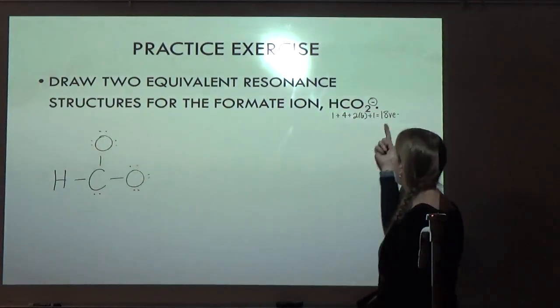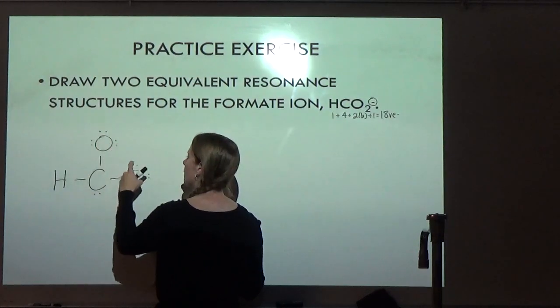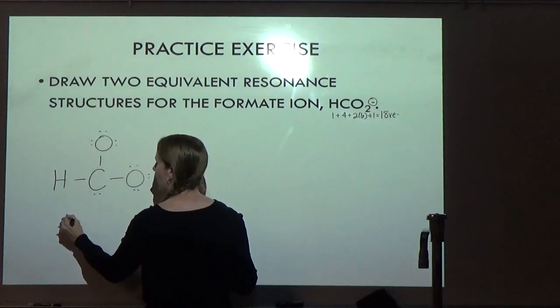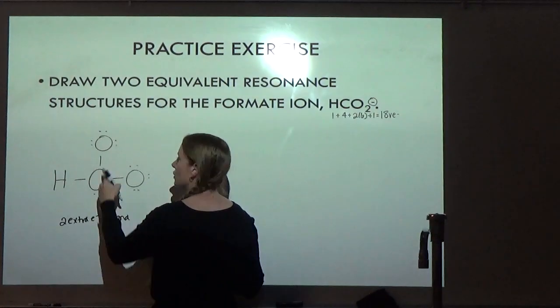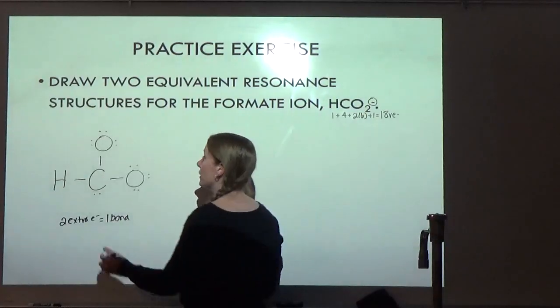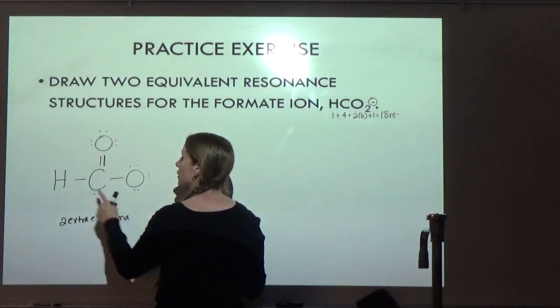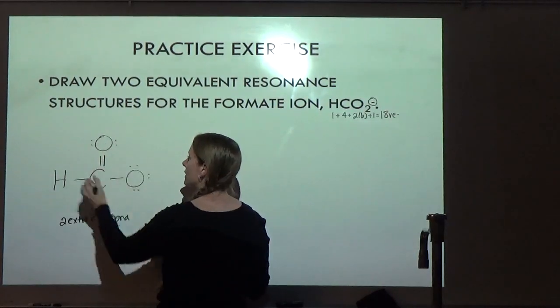But the problem is, I'm only allowed to have 18. I have 2, 4, 6, 8, 10, 12, 14, 16, 18, 20. So I have 2 extra electrons, so I need 1 bond. I could put it here or here. I can't put it here because hydrogen cannot accept more than a duet. So I'll put it here, so I take away a pair of electrons from each atom that the new bond touches,